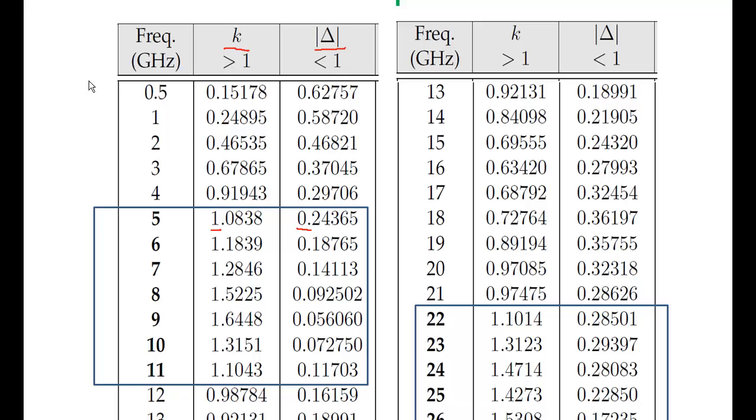But at low frequencies and this mid-range frequency we can have instabilities, and we saw that with our stability circles as well. So it's unconditionally stable between 5 and 11 GHz and at 22 GHz and above, but below 5 GHz and between 12 and 21 GHz we need to pay particular attention to make sure that the amplifier we